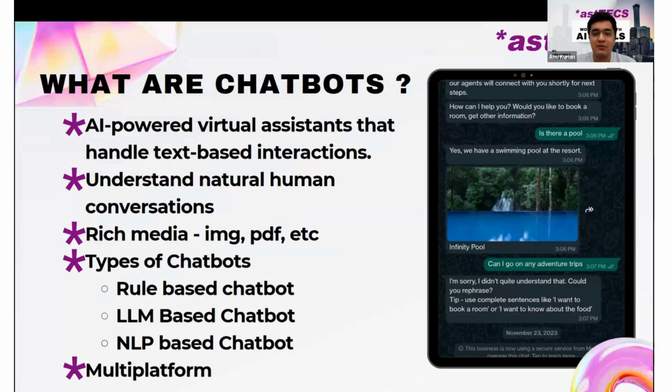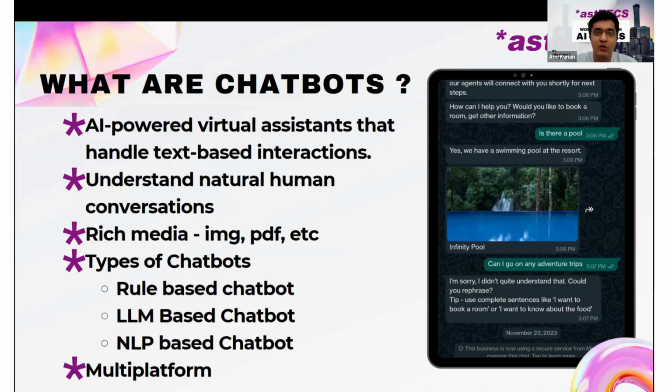Now, NLP-based chatbots. Why I say they do much more is that NLP-based chatbots can give you recommendations, answer FAQs, and at the same time, do bookings for you. When I say it can do bookings for you, a good example is the resort example itself. Now, if I was going to book a room at the resort,